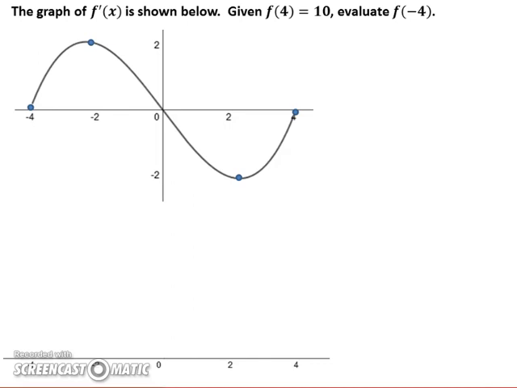Now this one, if you notice, the graph of the derivative is positive and it's negative. So that means the original graph is increasing and decreasing. It has a critical point at 0. It changes from positive to negative here. So there's a maximum on the original graph at x equals 0. And there's a horizontal tangent line here. There's a horizontal tangent line here, which means that's where the second derivative is going to equal 0. And because the tangent lines are changing from positive to negative, we're going to have points of inflection and concavity